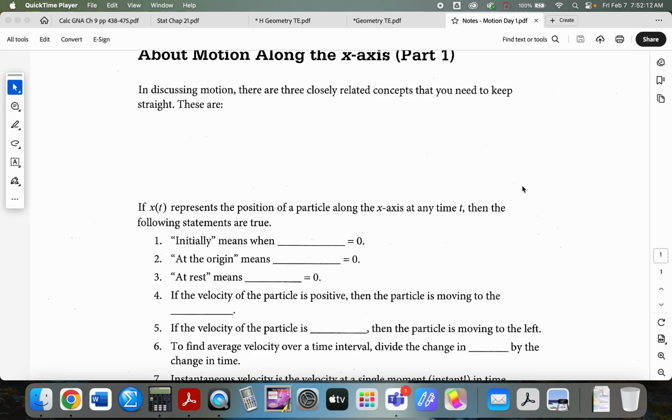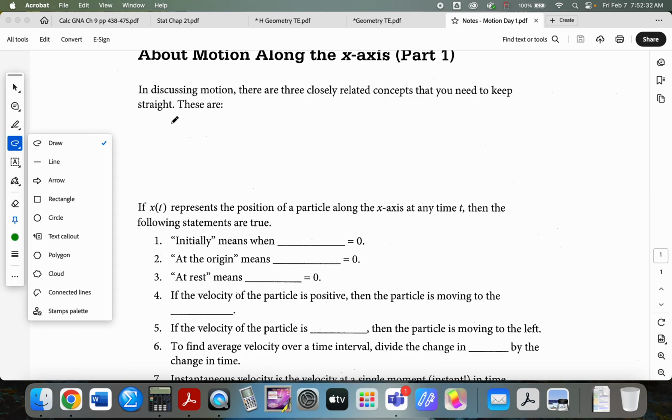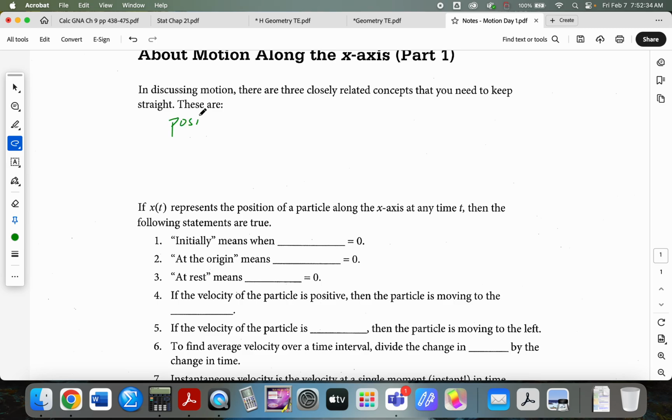Today we're going to start a short unit on motion. We've done some stuff on motion. I'm going to try and tie it together a little bit better because we did some here and some there, and I want you to have it all at once. So the three things that you have to keep straight are the idea of the position,